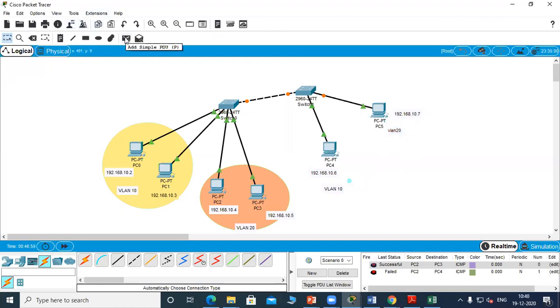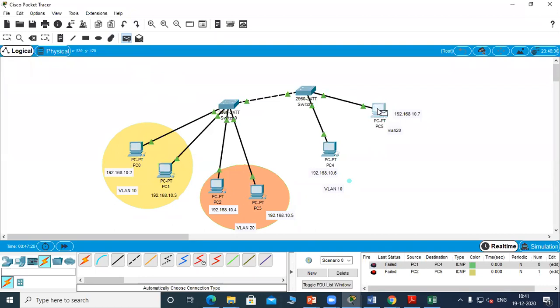We'll send a packet from PC0 to PC4. Okay, it is not possible because this is still not configured. So you cannot send from any VLAN to VLAN because this is not yet configured.